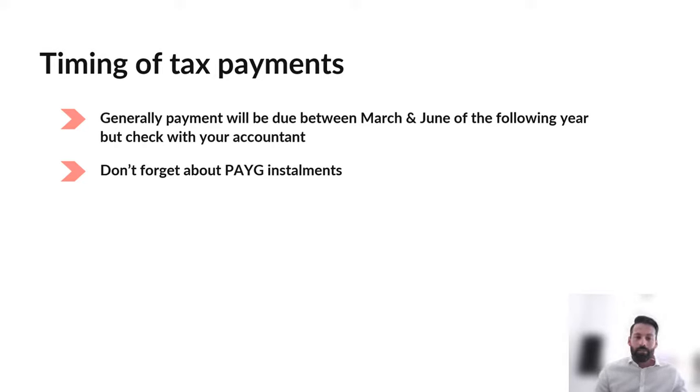Now, this is one that catches people out a bit and can often be a bit of a problem, particularly where a business is growing or you're new to business. Once you lodge a tax return as a business and you've got a tax liability, it's likely that the next quarter, the ATO are going to start asking for PAYG instalments. And PAYG instalments are just a prepayment of that year's tax.